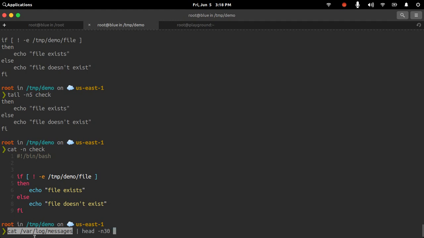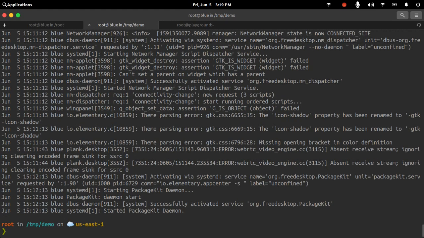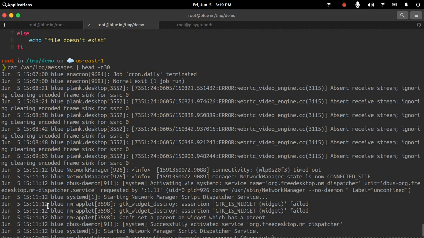I am printing the content of this file on the standard out. Now this standard out is getting redirected with a pipe command. We saw pipe is used to redirect the standard out of one command to the standard input of the other, right? So here I am redirecting this full file to the head command, which will print the first 30 lines. So these are the 30 lines of my log file, and it is getting printed.